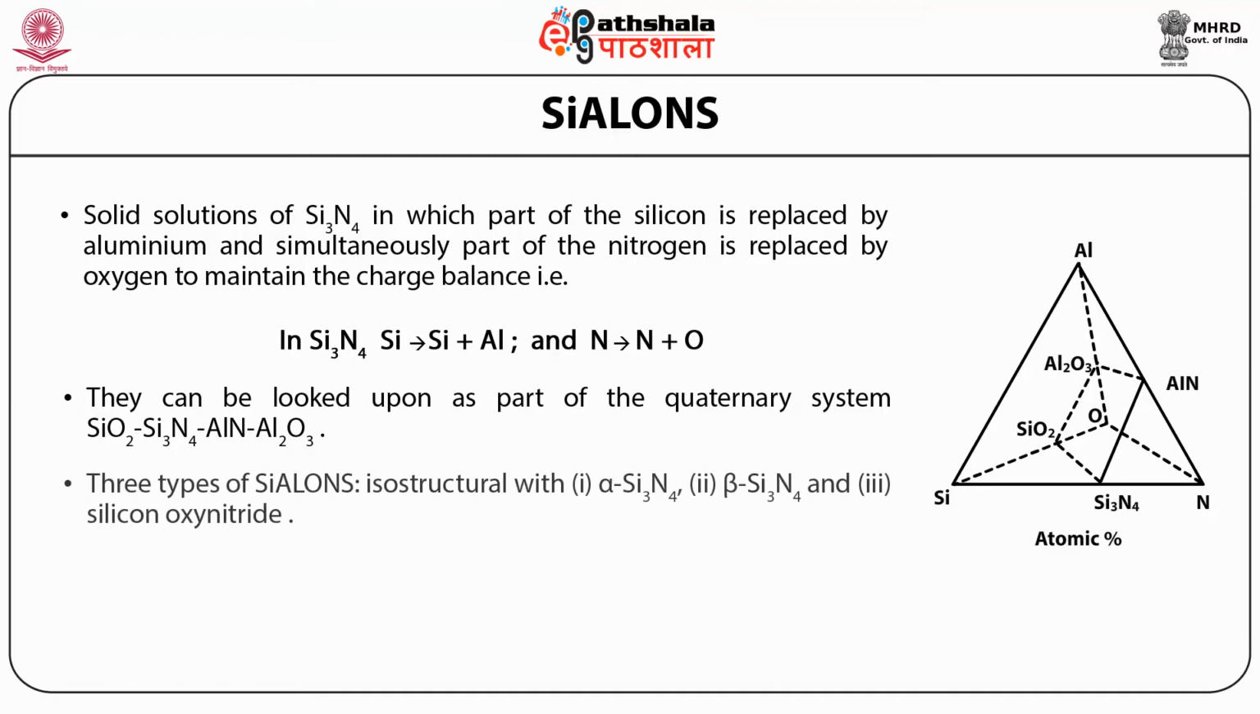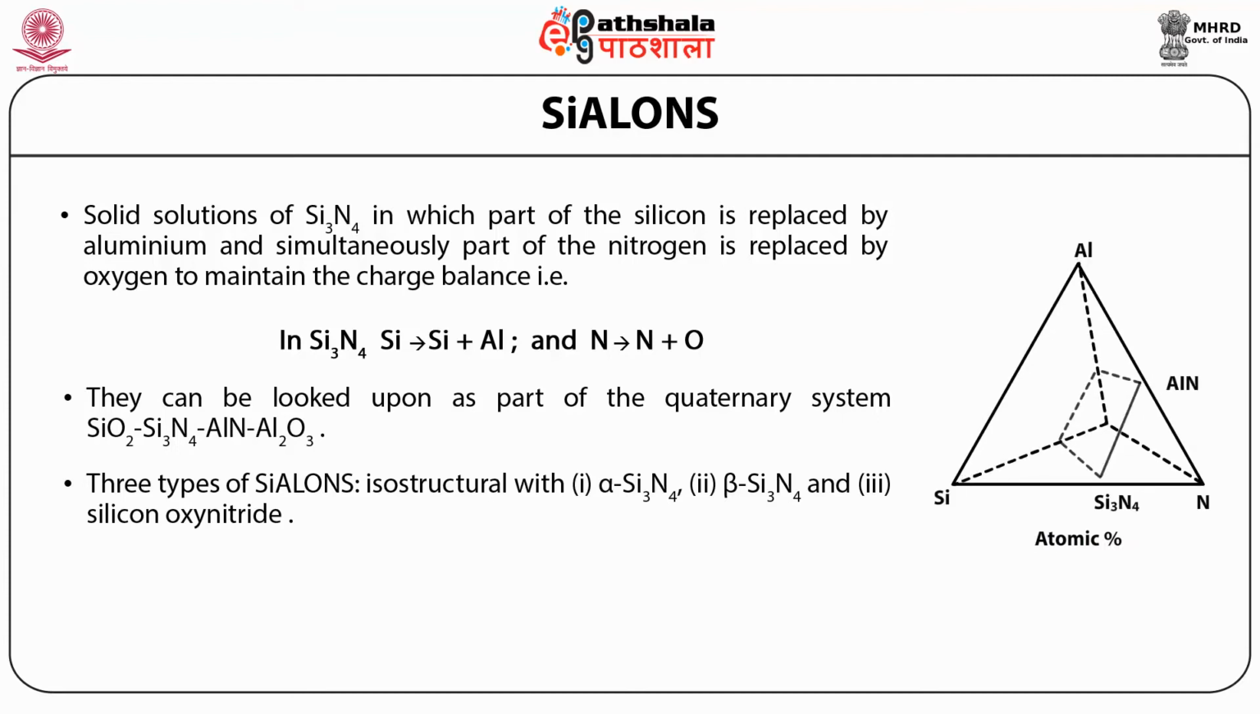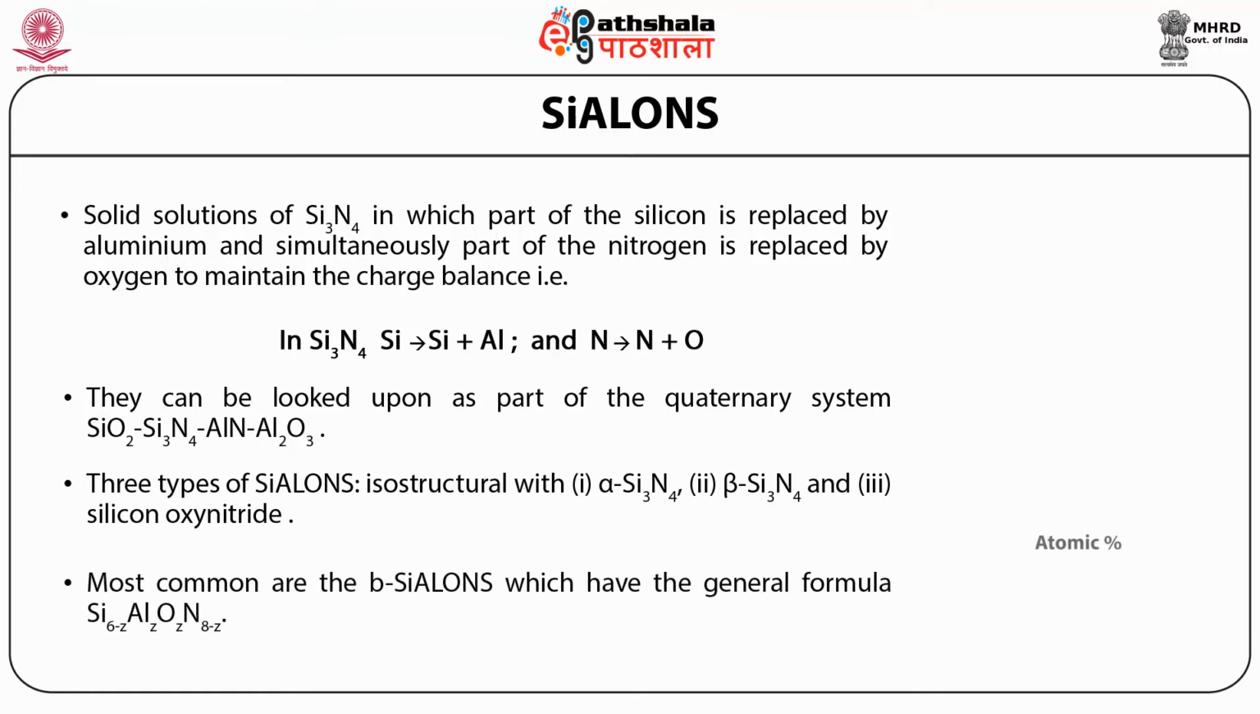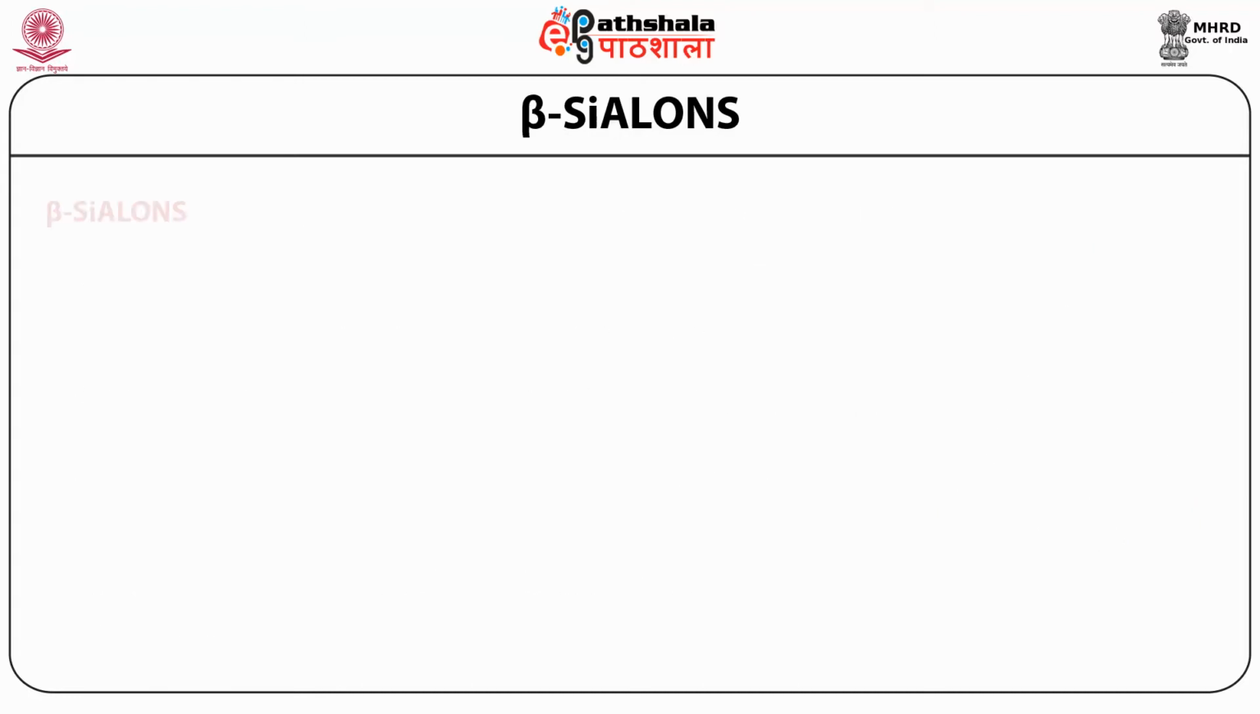So there are three types of sialones isostructural with alpha Si3N4, beta Si3N4 and silicon oxynitride. The most common are beta sialones, which have the general formula Si6-Z AlZ OZ N8-Z. So beta sialones are the most commonly used, and they have the general formula which we have discussed in